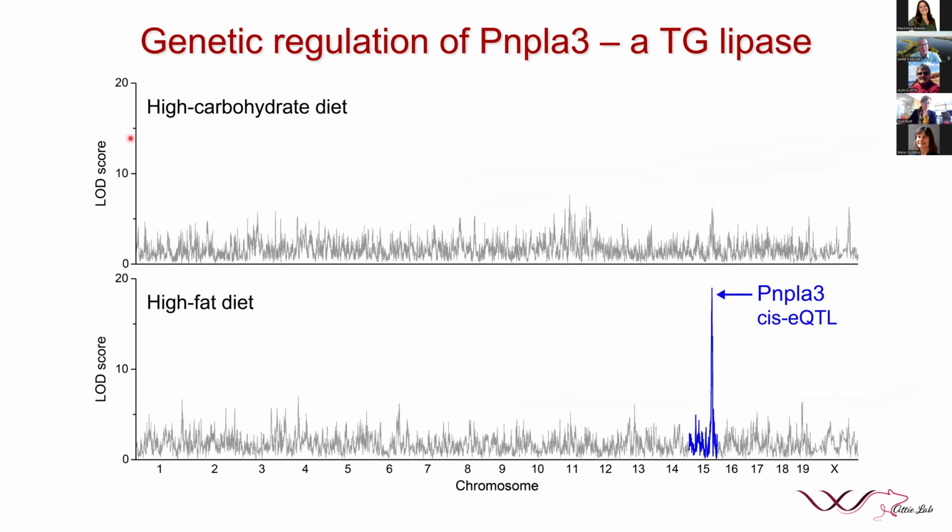And what I'm plotting here is the genetic evidence that there's regulation of this gene. And you can see in the top panel is when we put the mice on a high carb diet, there is no evidence of genetic regulation of PNPLA3, whereas for the mice that were on the high fat diet, there's a very strong cis EQTL. And what that means is that there's local genetic differences that result in a change in the expression of PNPLA3, but that it only manifests depending on diet. And this really illustrates the genetic of diet responsivity, at least for the regulation of this key triglyceride lipase in